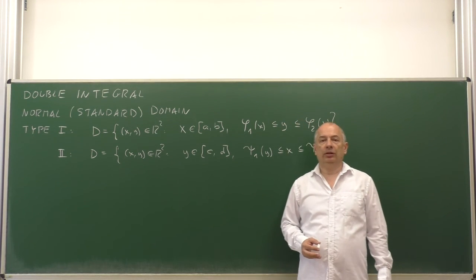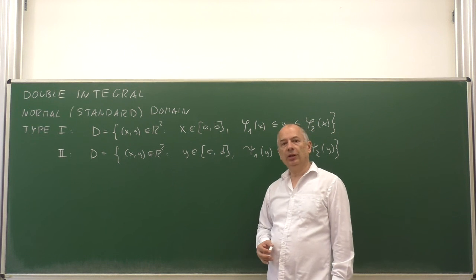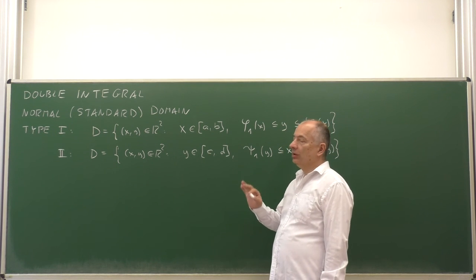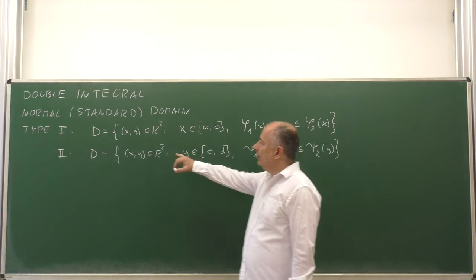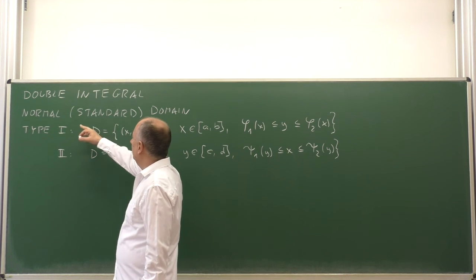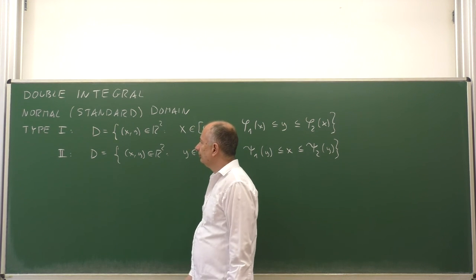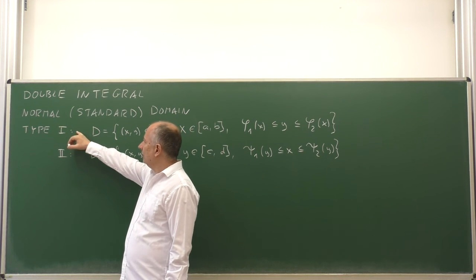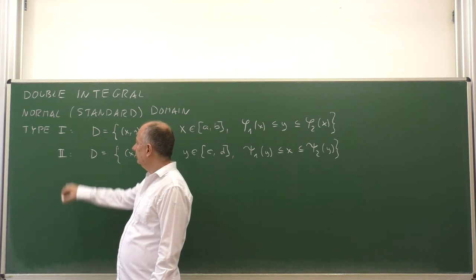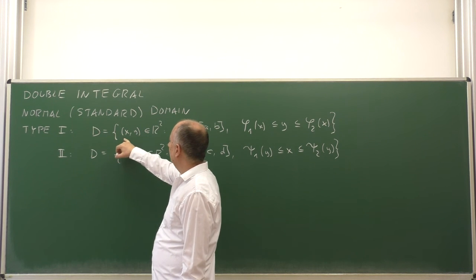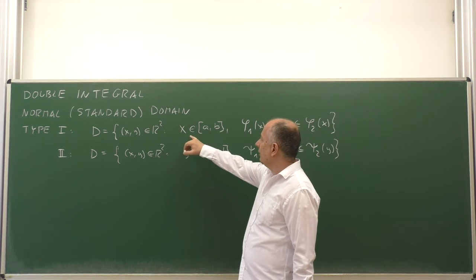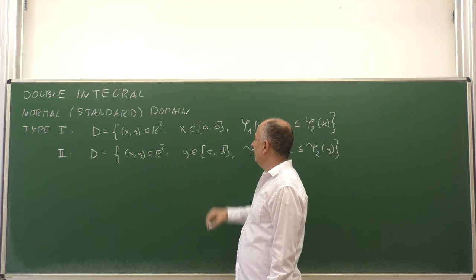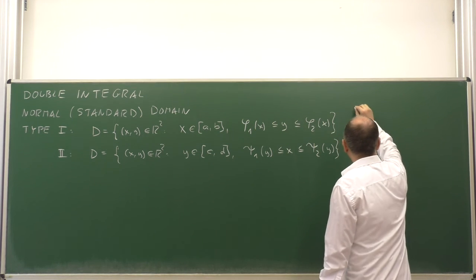When computing the double integral, it is convenient to consider special types of the integration domain D. And we introduce normal or standard domains of two types, type 1 or type 2. Type 1 is a set of all pairs xy from R2 such that x is from some interval AB